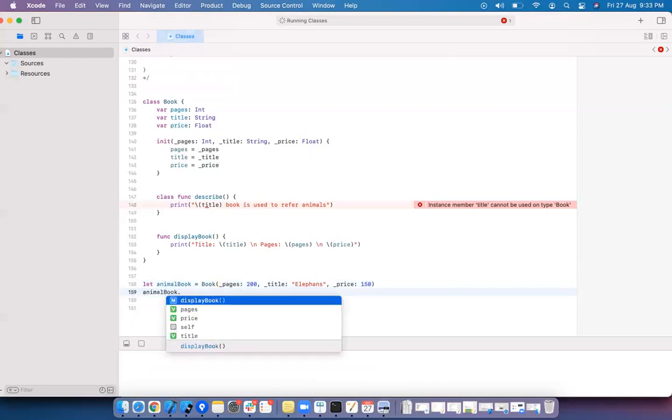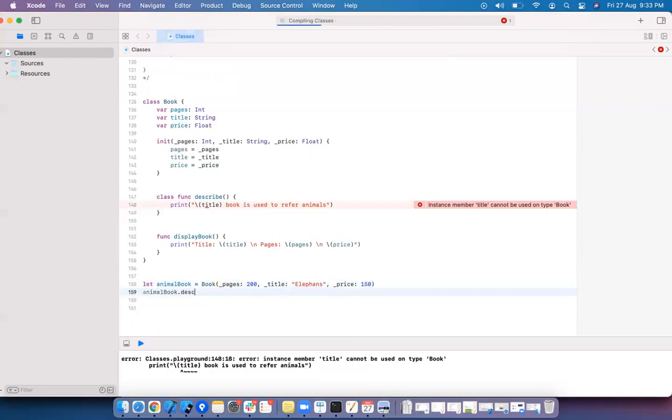Animal book dot describe is not populating because the describe method is not an instance method. This is an instance, right? This is an object. What is an object? An object is an instance of a class. By using an instance, I'm trying to access the class method or type method, which is not allowed.